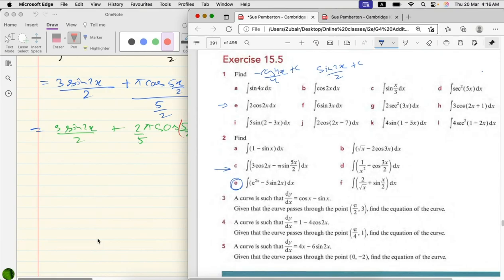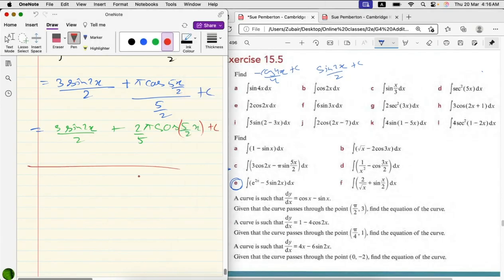So we would split the integral, and then it would be the integration of e2x dx minus 5, and then the integration of sine 2x dx. And integrating e2x, the formula was the integral of eax dx equals 1 over a eax, right? Yeah. So that would be 1 half e2x, and then integrating sine 2x, so that's negative 1 over 2